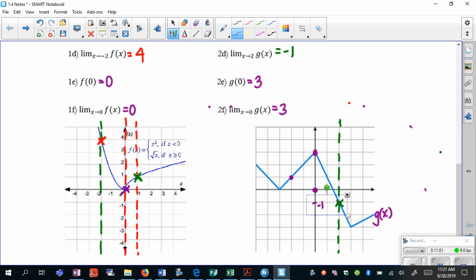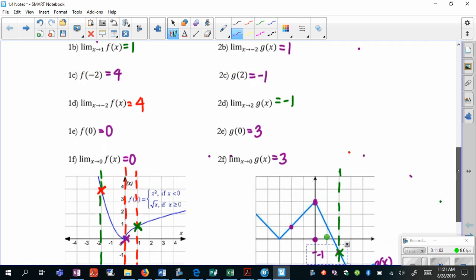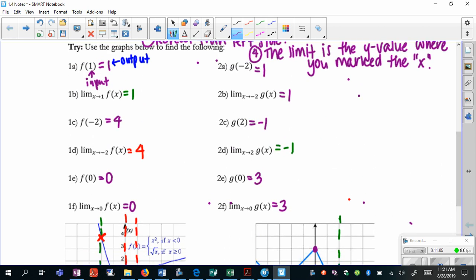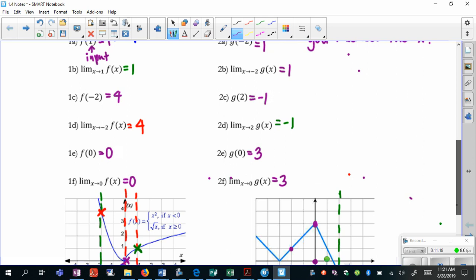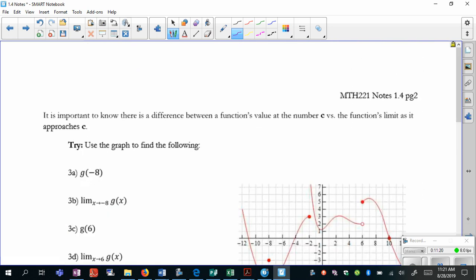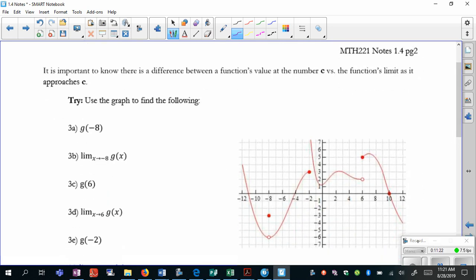So let's go ahead and look at some exceptions. So again, we saw on examples 1 and 2 that the input and output of the functions were equal to the limits of the functions as x approached those same values. So let's look at a situation where that doesn't happen. If we look at the next page, we see that